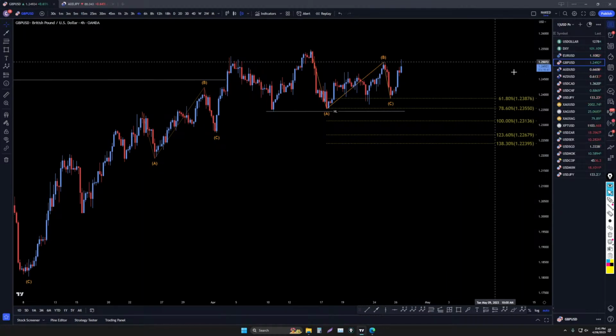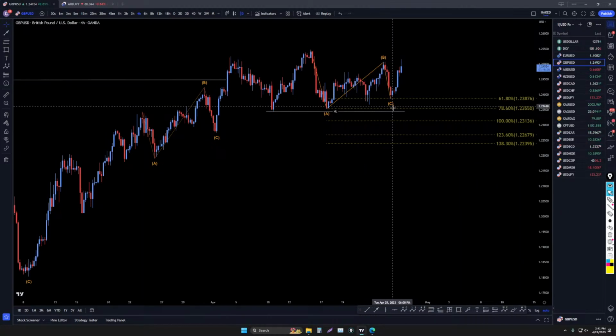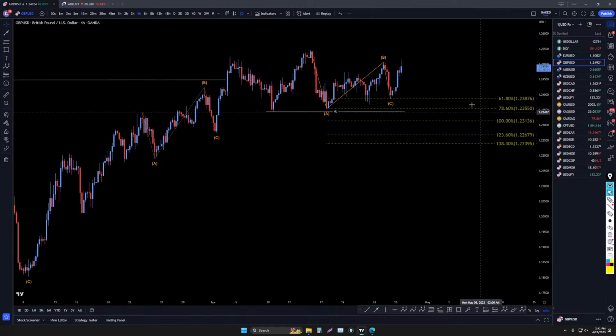Going down to the 4-hour, we've definitely been in a very corrective overlapping pattern, which I was hoping this end of a correction would change. Hopefully it doesn't go down again and just continue with this overlapping pattern. But it definitely looks like an A. It looks like an A, B, C, a B, and then it looks like another little move down for the wave C. So it definitely looks like the end of a correction,